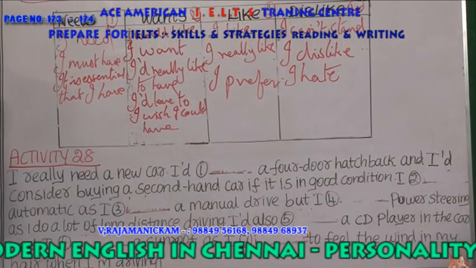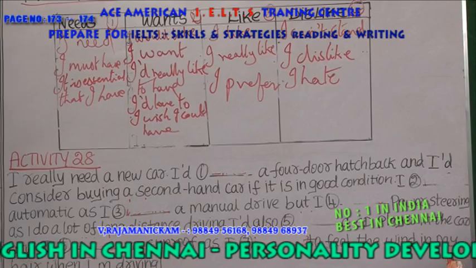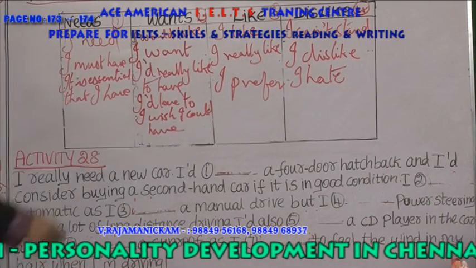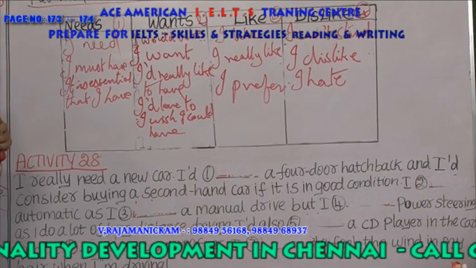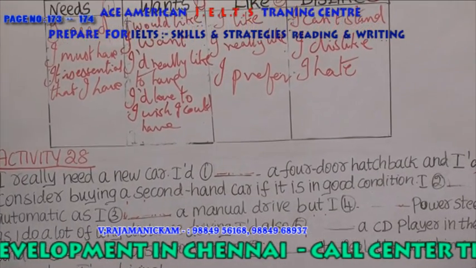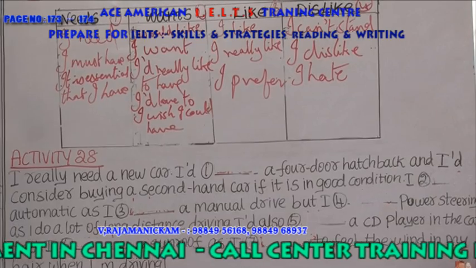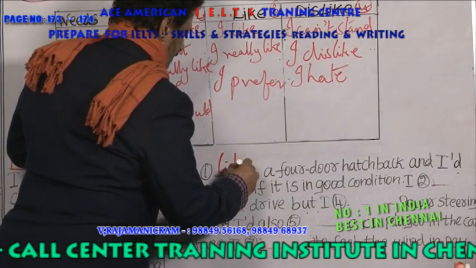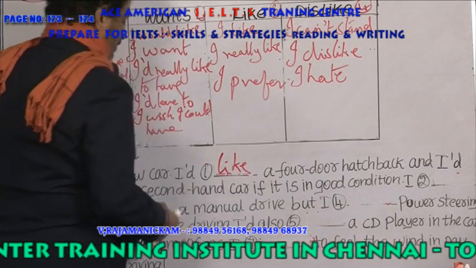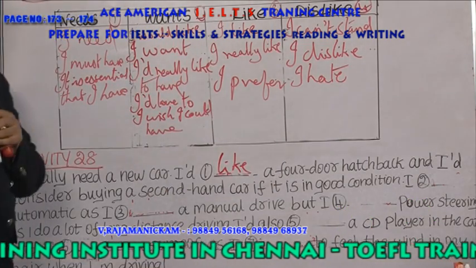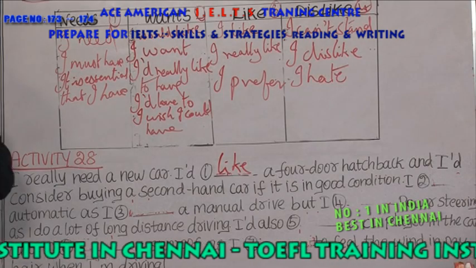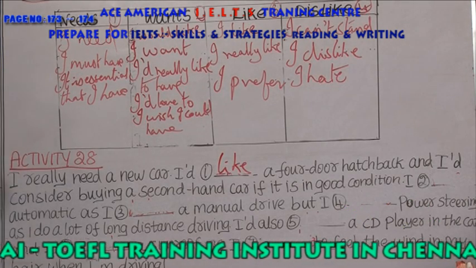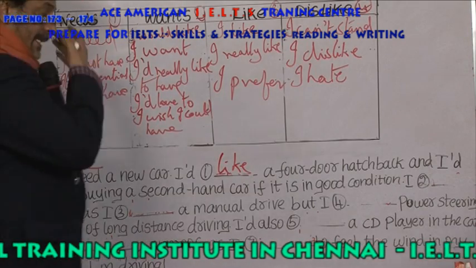So which words can you fix? I really need a new car. I would choose one word amongst these. I would like. Yes, wonderful. Like is a suitable word. I would like, not had, I would. Because if it is the past participle liked, then it would be had liked, which you won't get. Okay, right? Then here you are using like.